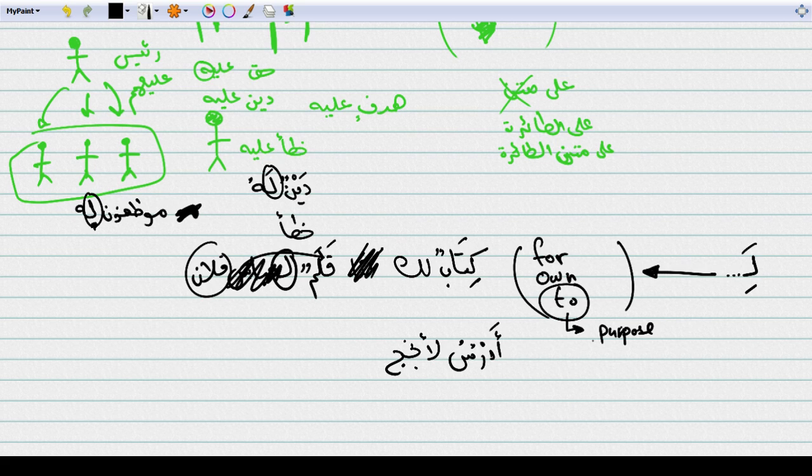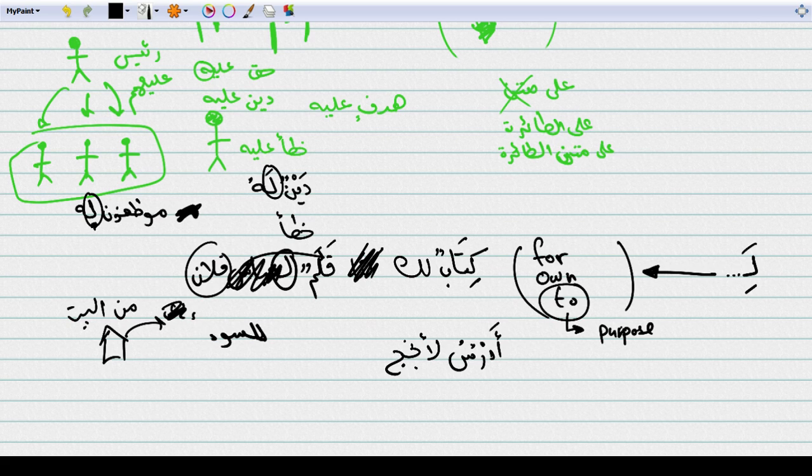So this is the third meaning of li. Now, the other thing is that li can also work as a location, to. When we said ila, li can actually work. So for example, min al-bayt ila suq, right? That's how we said min ila. Or you can also say min li. For example, min al-bayt ila or li